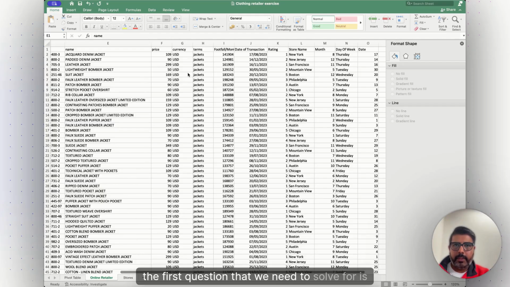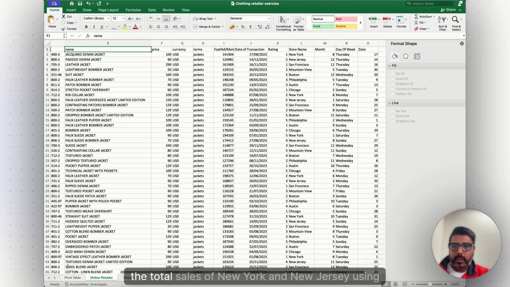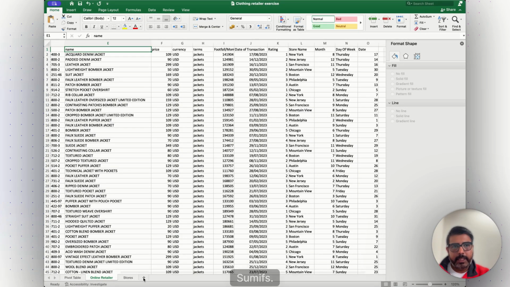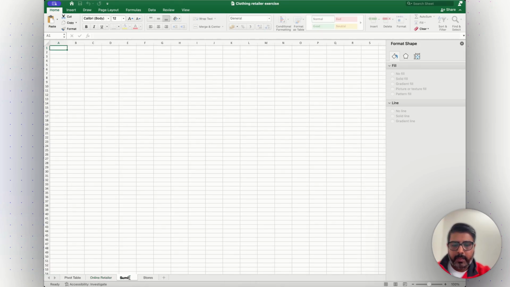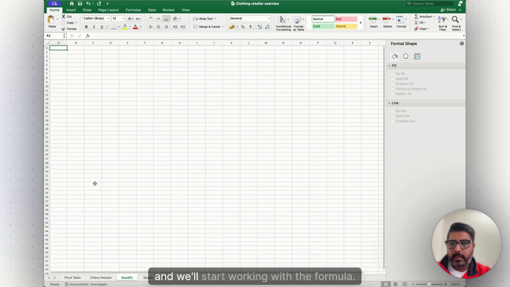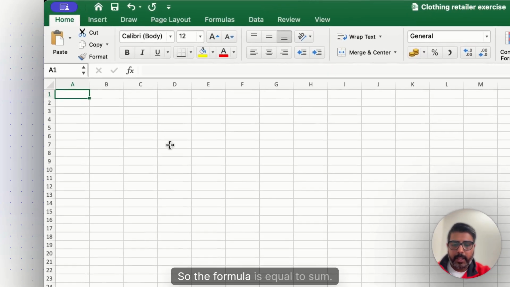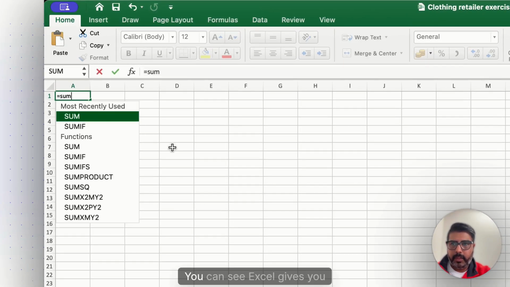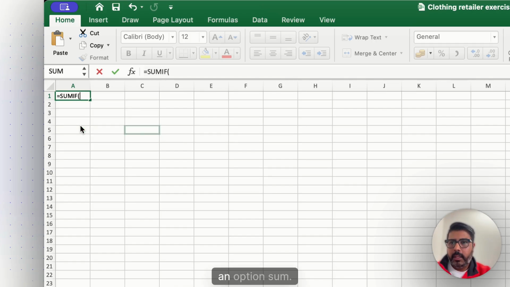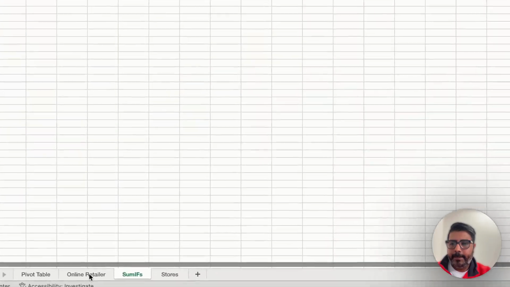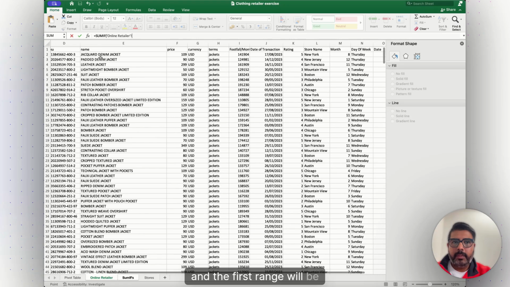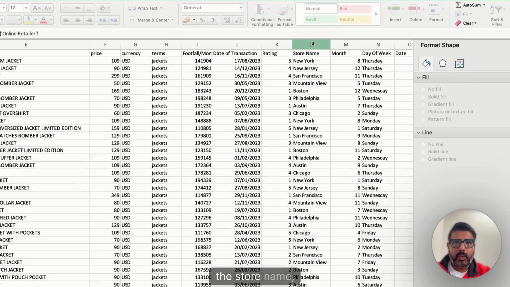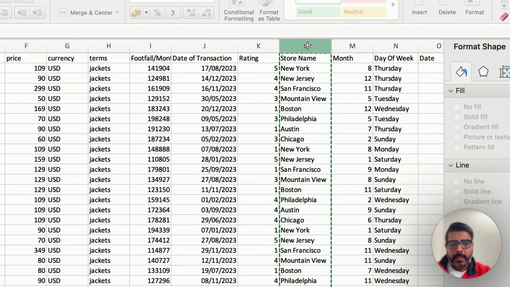The first question that we need to solve for is the total sales of New York and New Jersey using SumIfs. So I'll create a new sheet over here called SumIfs, and we'll start working with the formula. So the formula is equal to sum. You can see Excel gives you an option. SumIfs, the first range will be, we'll go back to our online retailer sheet, and the first range will be the store name, New York,